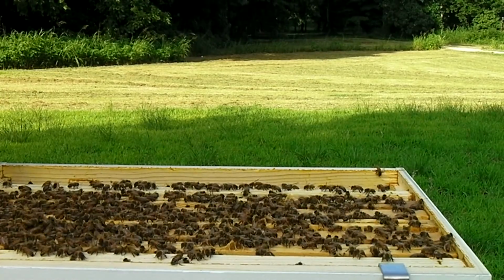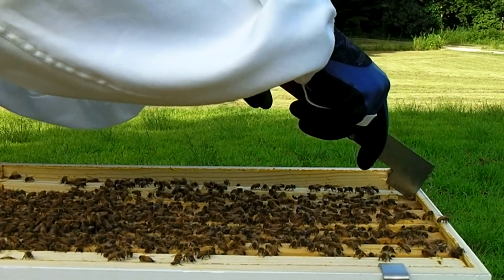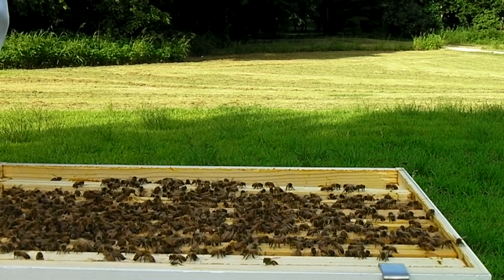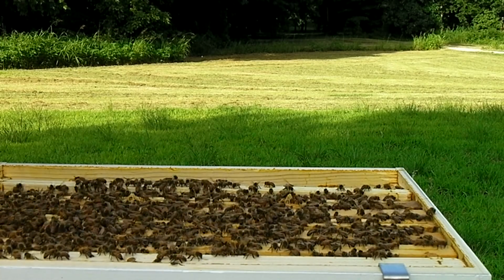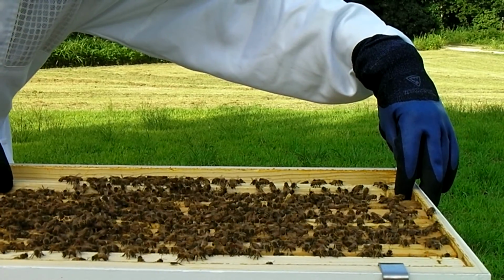Stuff is like caramel. Alright, this frame is drawn out really well. Just going to slide it on over more towards the outside so that what they've already been drawn out, they can just go right on ahead and keep working on. But the lesser drawn out ones, especially the two new ones that are going to go in,